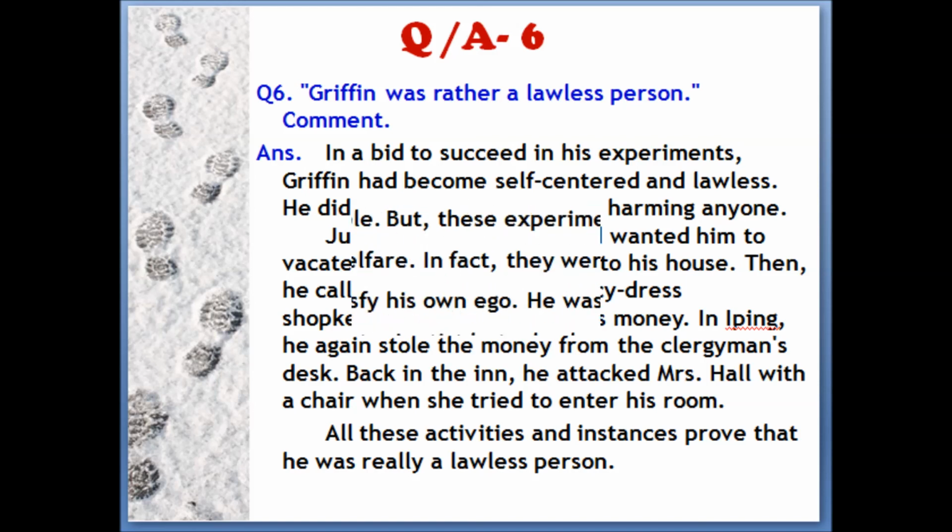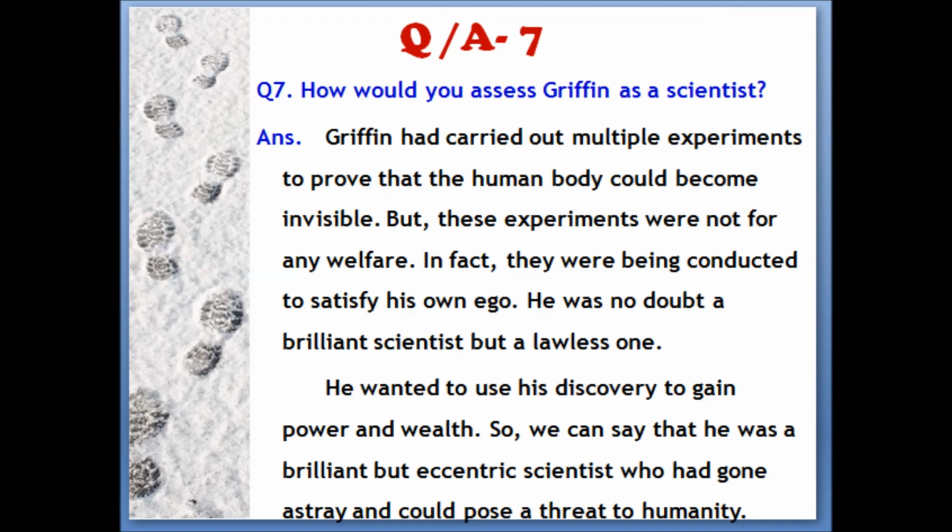The last question, question number 7. How would you assess Griffin as a scientist? The answer: Griffin had carried out multiple experiments to prove that the human body could become invisible. But these experiments were not for any welfare. In fact, they were being conducted to satisfy his own ego. He was no doubt a brilliant scientist, but a lawless one. He wanted to use his discovery to gain power and wealth. So we can say that he was a brilliant